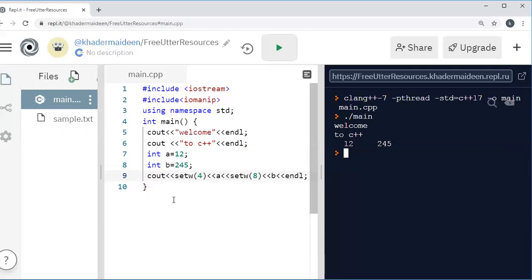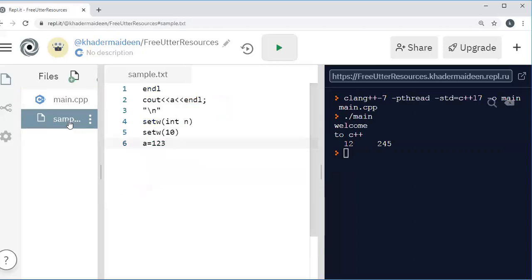Okay. Now let me see another manipulator, setfill. This manipulator, the setfill manipulator, is used to specify a character to fill the unused field width of the value.